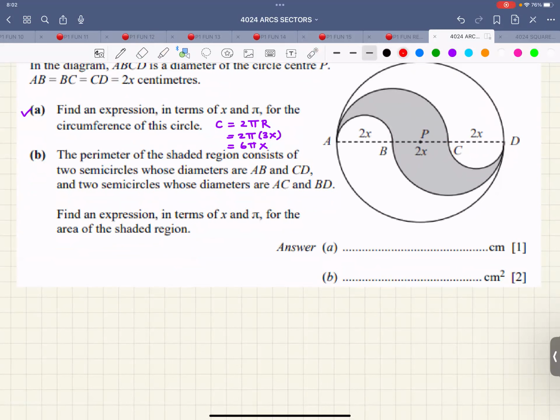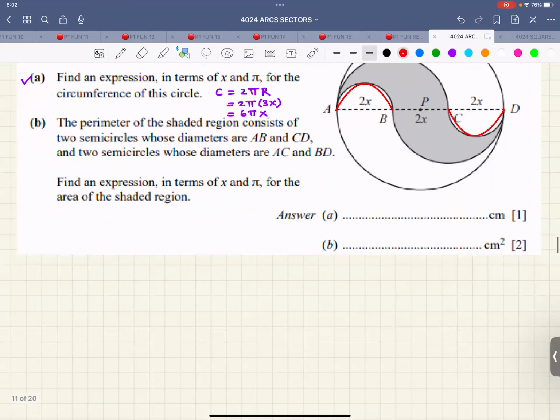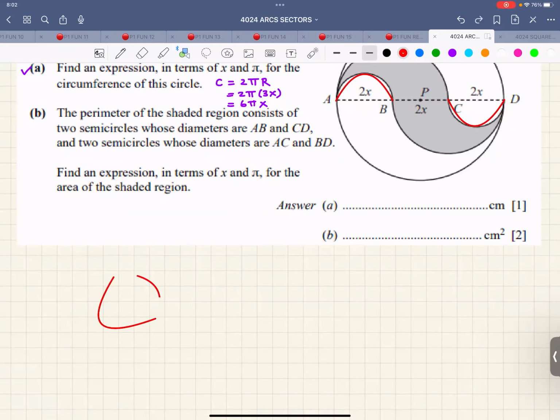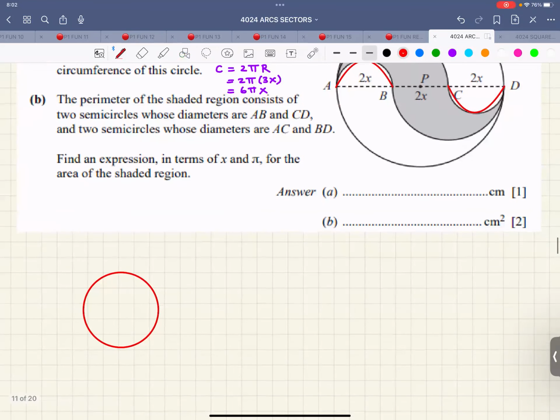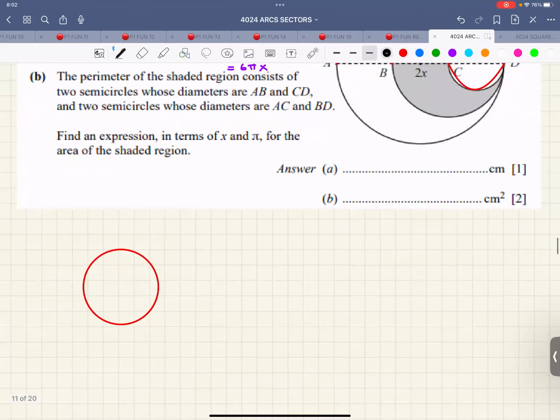So let me just highlight it like this. This is one, not exactly the same, but just giving you the idea. And this is the other one, like this. So now if I join these two, I get a circle. Now, if I get this circle, let me write